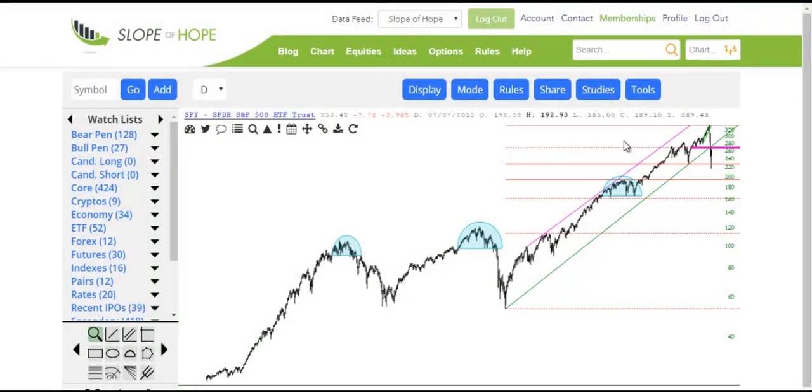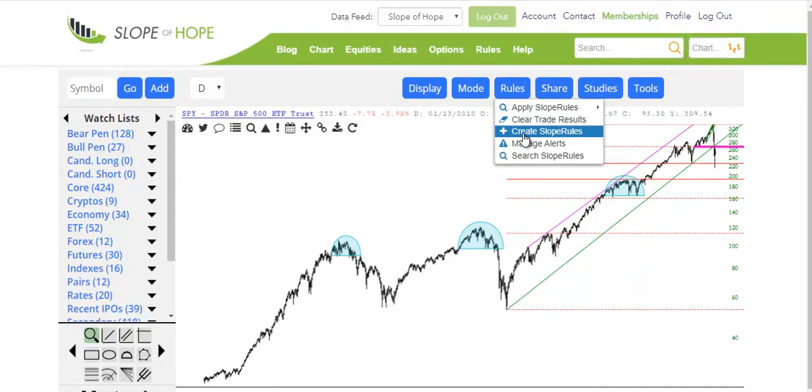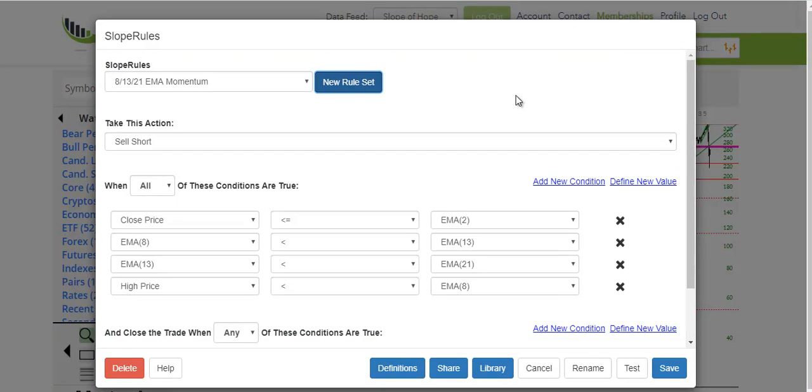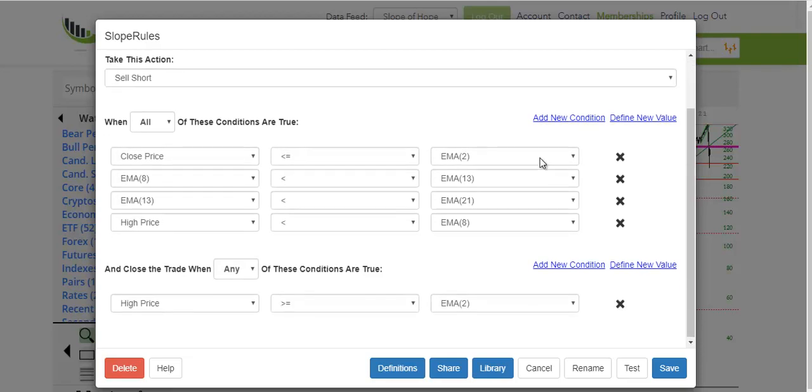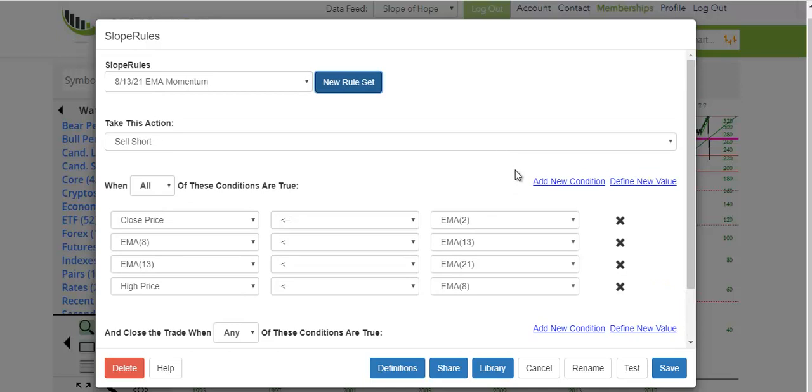SlopeRules is a system built into slope charts that allows you to define technical-based rules to find buying and selling opportunities. And the access to it is simply right here under the Rules menu. And you go to slope charts, say Create Slope Rules, and it provides to you a dialog box where you can establish with simple expressions the parameters that you require in order to yield a sell short, go long, or